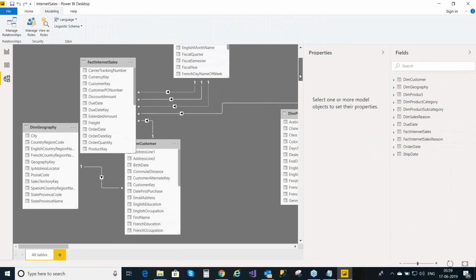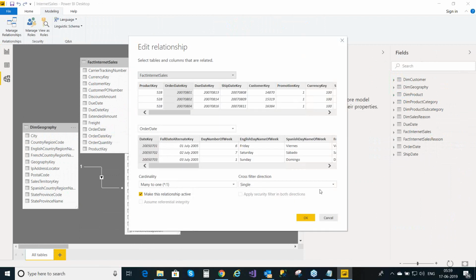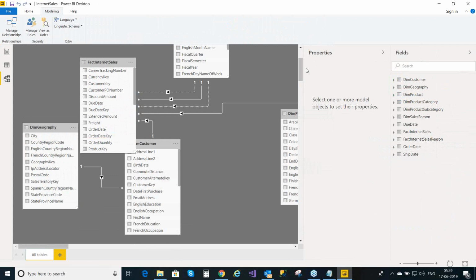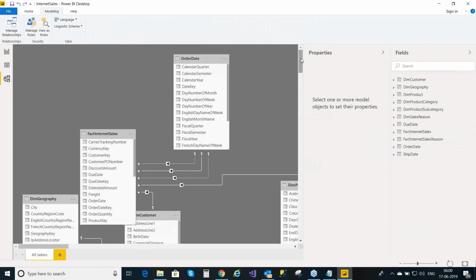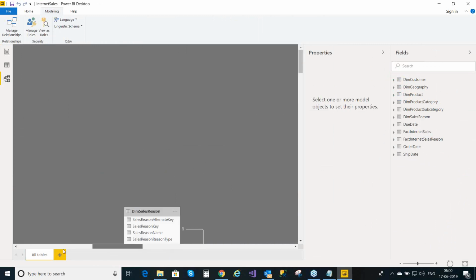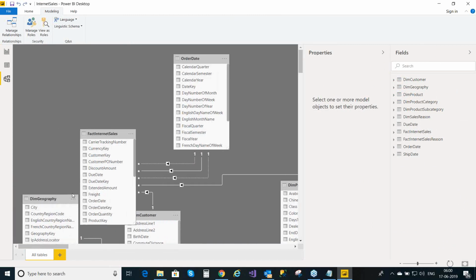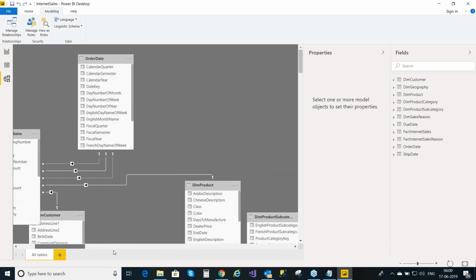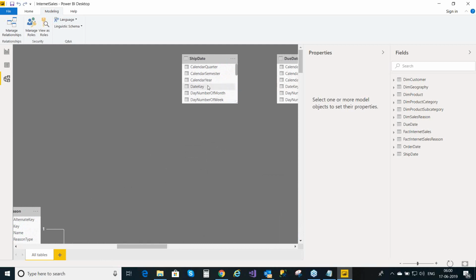You can see that there is only one solid line between fact internet sales and this order date, which is order date key. Now you need to set up a relationship with this ship date and due date also. So for that, what you need to do is, now let's say this is your ship date. So date key,